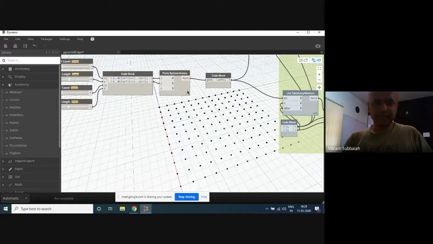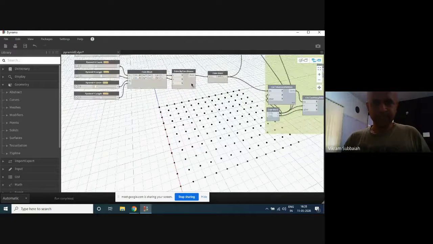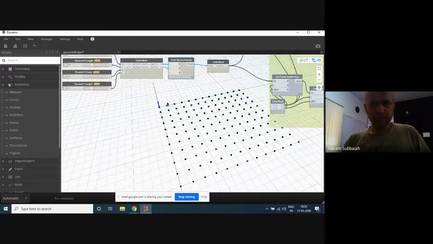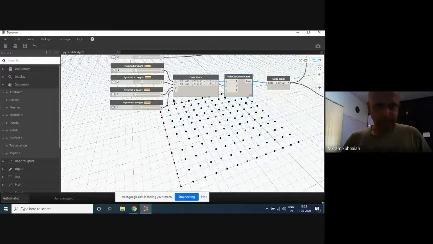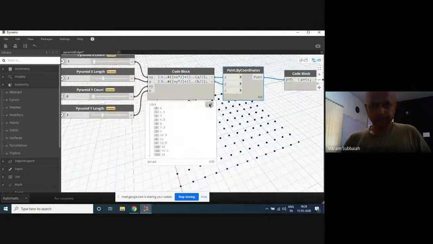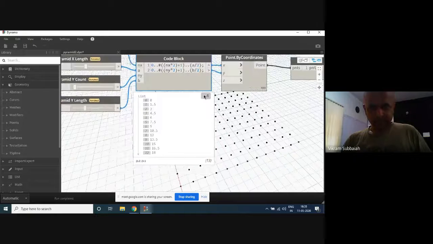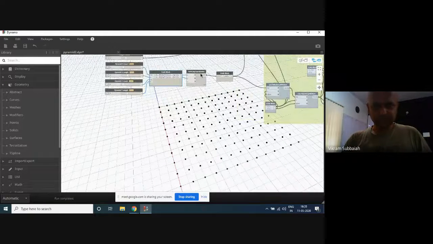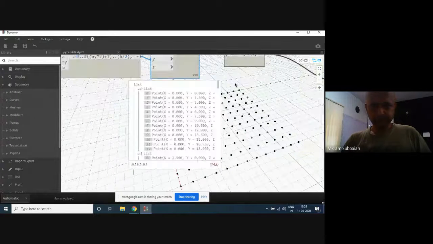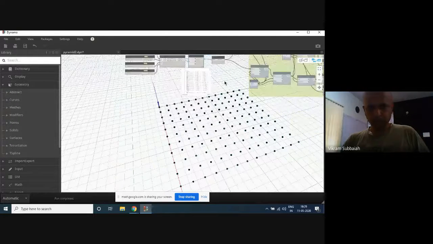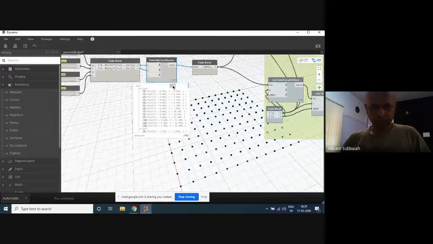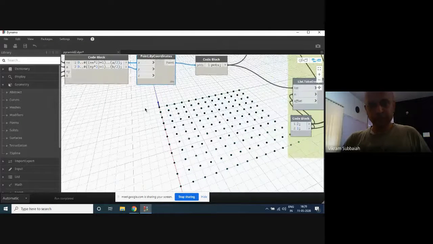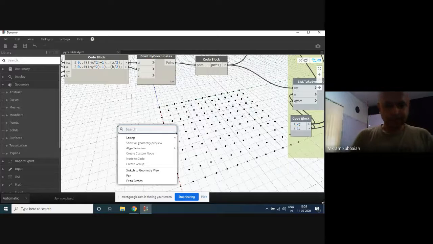Now let's create that surface first. This was based on these points, or we can use these points itself.